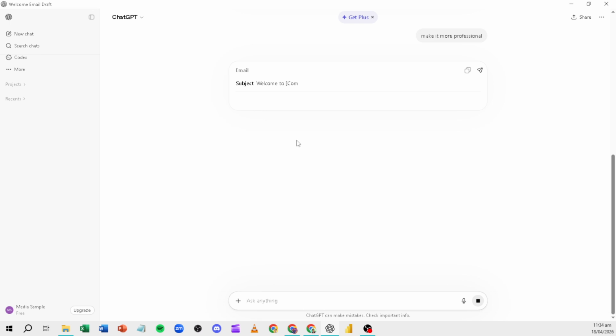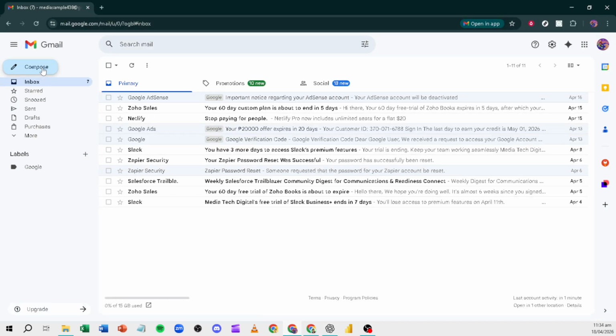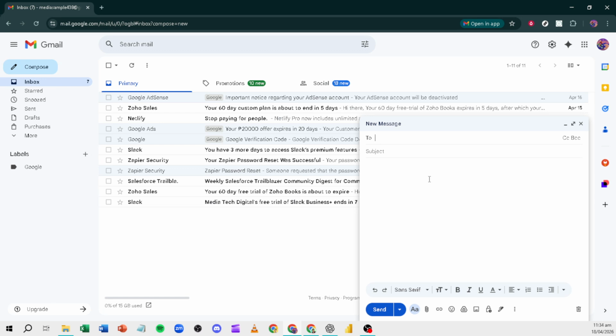When you're happy with the draft, copy the output back into your email client, add your subject line, confirm the greeting and sign off match your relationship with the recipient, and check any dates, figures, or links. This is also a great moment to restore any details you intentionally redacted earlier. Give it a quick proofread so it sounds like you, not just a template, and verify attachments and formatting before